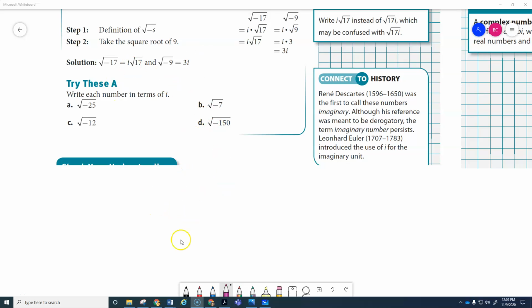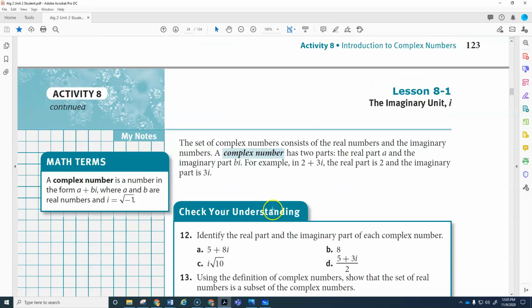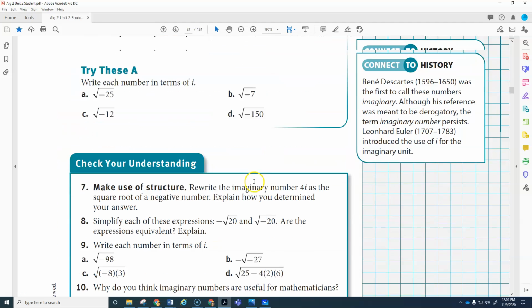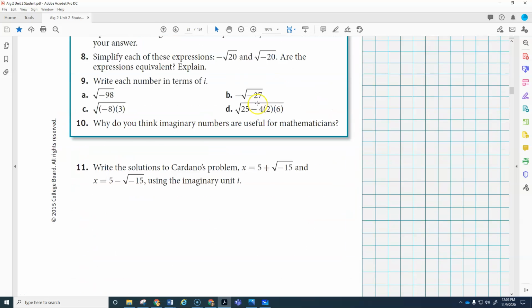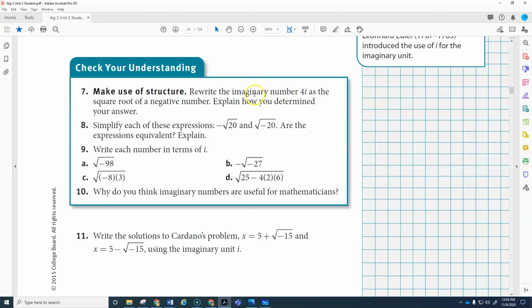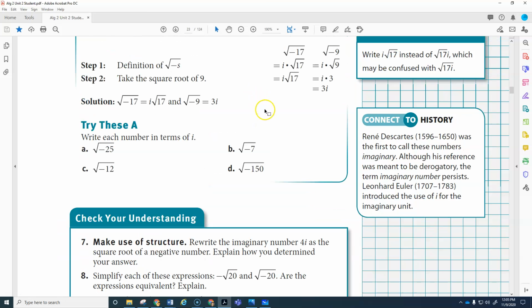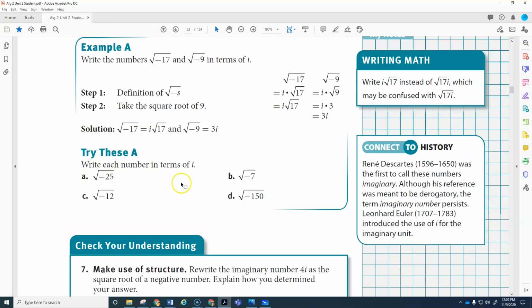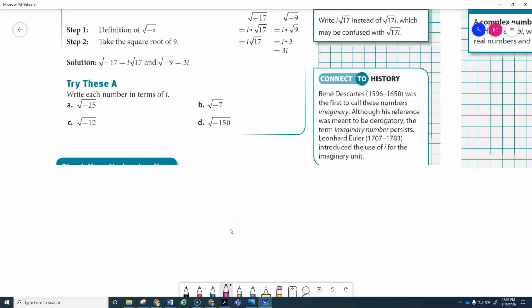Alright, I copied and pasted this from your textbook, so I'm doing this right here, page 123 in your textbook. I'm going to do the try these A. It wants you to write them in terms of i, so because I